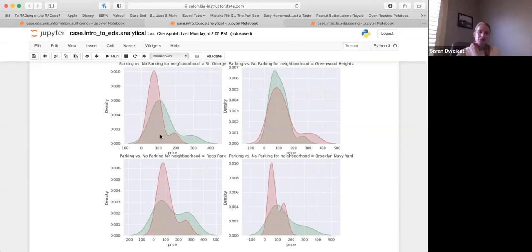But really what a density plot is showing you is basically a probability. Unlike a histogram, density plots get slightly more complicated, because the area under the curve is basically the probability that you would find a value between X and Y. So, let's say, the probability of getting a value between 0 and 100 is the area under this curve. So it's higher here, there's greater area. We have a higher probability of having no parking between these prices.